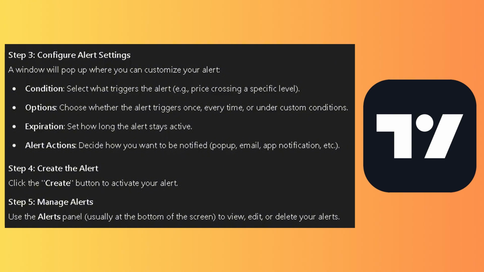Alert actions. Decide how you want to be notified. This could be email, app, pop-up notification, or more. Create the alert. Click Create button to activate your alert. Manage alerts. Use the alert panel, usually at the bottom of the screen, to view, edit, or even delete past